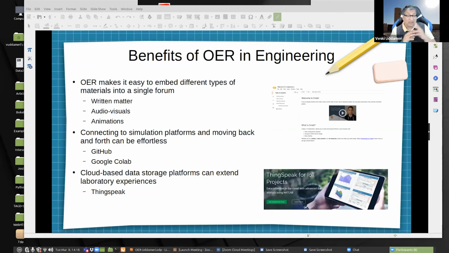There are also cloud-based data storage platforms that help us enhance or extend our laboratory experiences. So this is another place where I think OER can play a very big role. Particularly, I've used it in a couple of different ways to extend a laboratory class that I teach, and how we could add some other things to that lab,